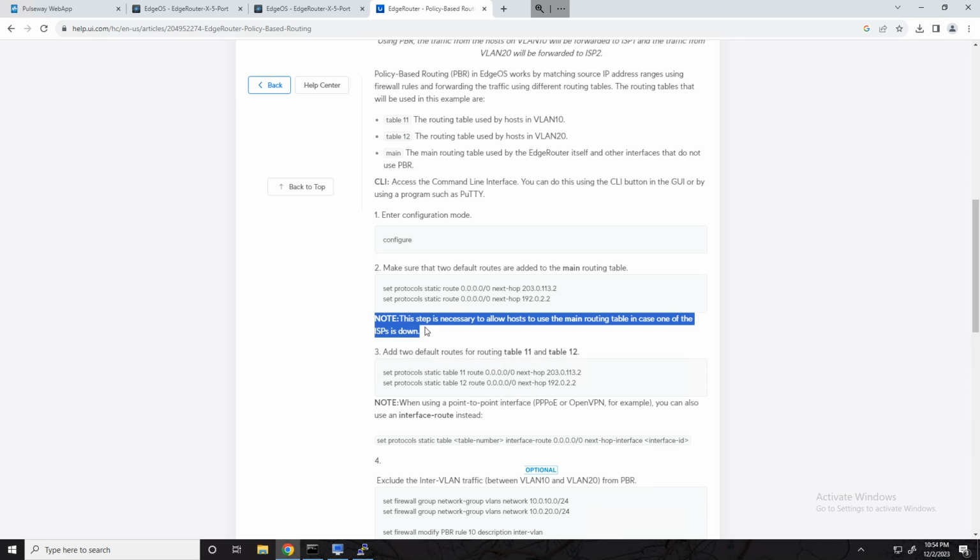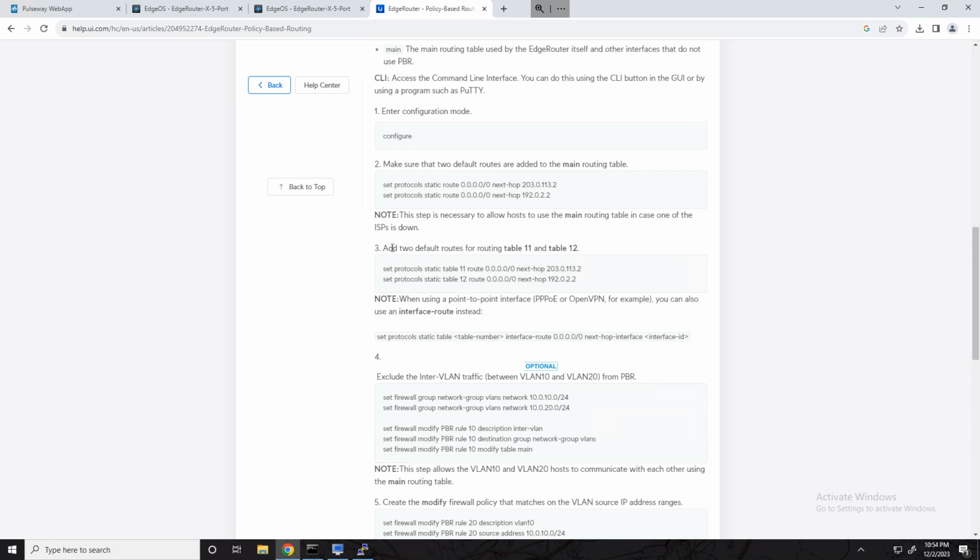So this is a step that I usually don't do, but if you have a static IP and a static default route, you can go ahead and throw in the second one in there. But like I said, if they are dynamic, really if one ISP goes down, you're going to lose that DHCP configuration, and it should just fail over to the second one anyway, especially if you have something like load balancing set up for it. Now, this step number 3 is going to be the one that we're mainly concerned with,